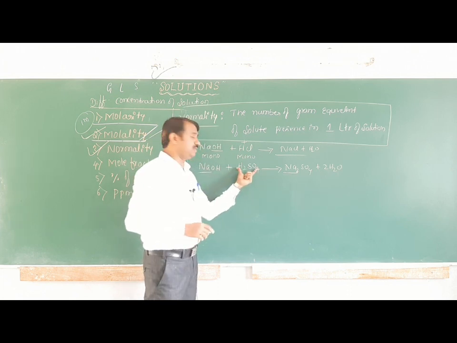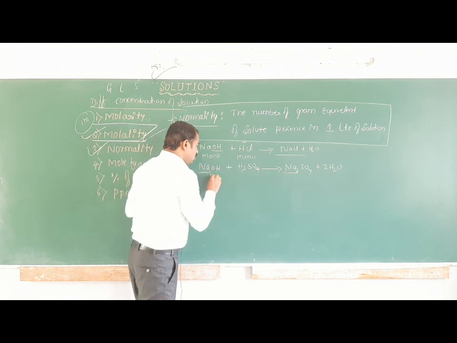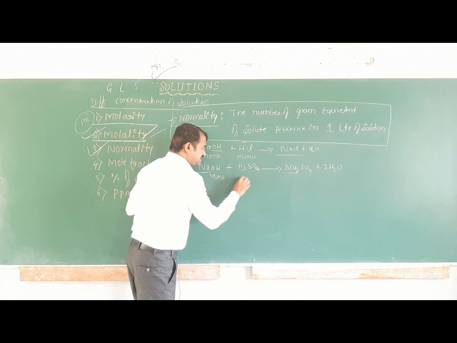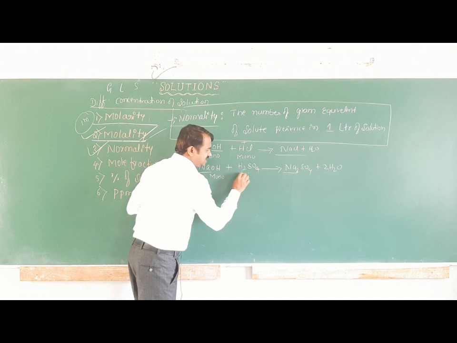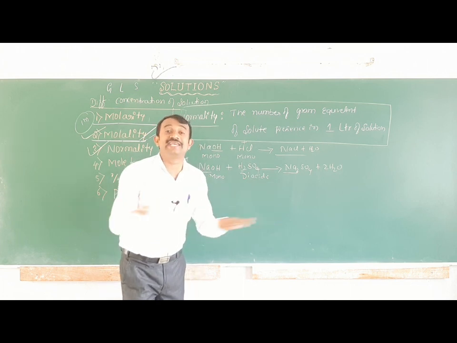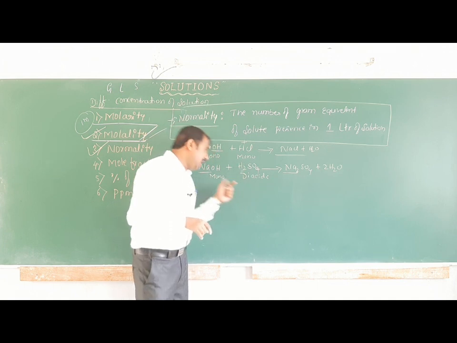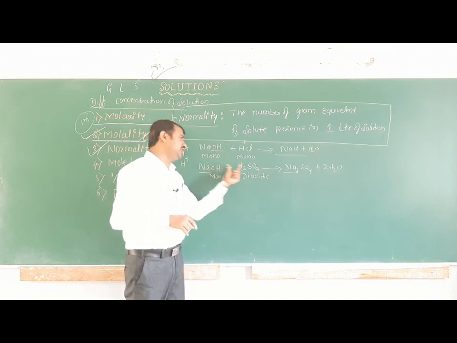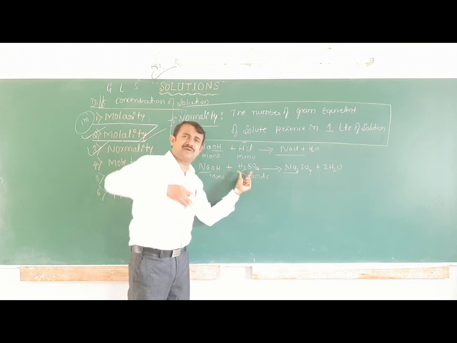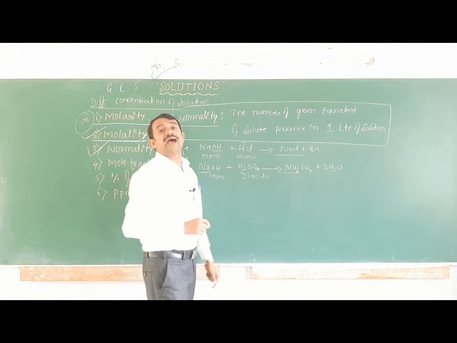Monoacidic, so what should we do? We have to divide this by 2. Here the sodium hydroxide is mono, but here biacidic. Mono and di means this is not equivalent. Or you have to divide by 2, or you have to take 2 moles. Take 2 moles of this for 1 mole, or take 1 mole and divide by 2. That is the equivalent weight. Otherwise it does not balance.